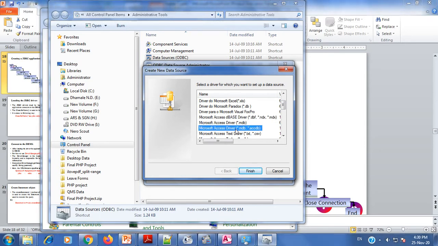Here I am selecting the Access driver because our database is in Access, with extension *.mdb, *.accdb. Please make a clear note that if your version of Access is up to 2003, then it has the extension *.mdb, but if it is a higher version than 2003, then its extension is *.accdb. So accordingly you have to select the driver.